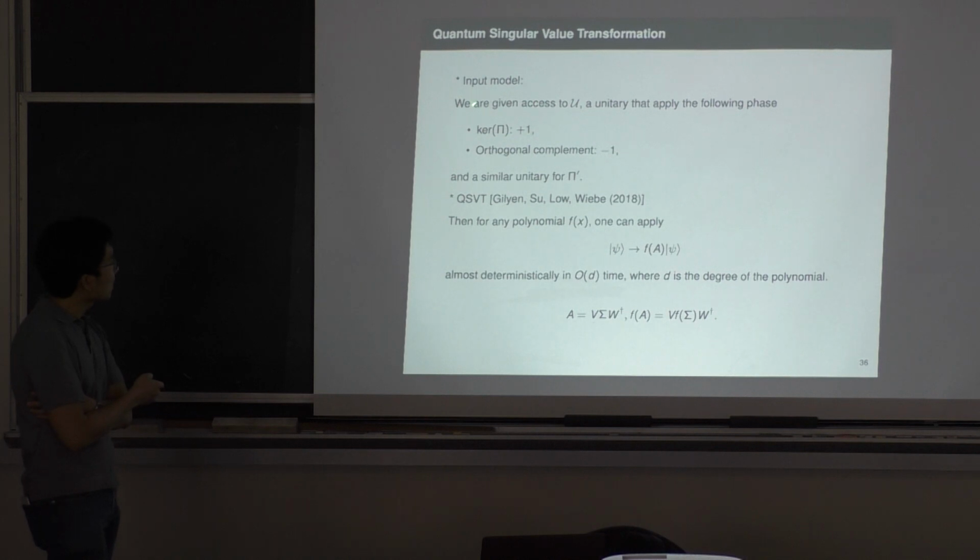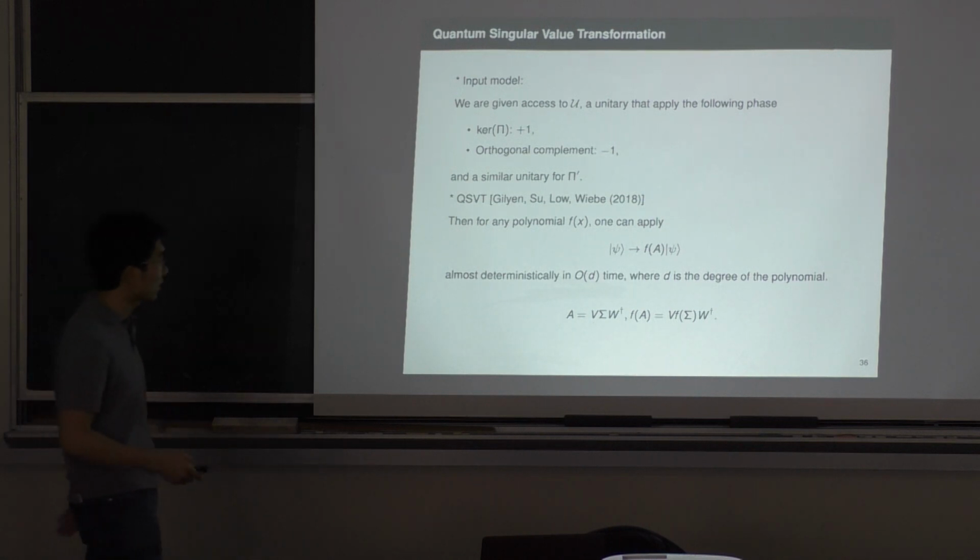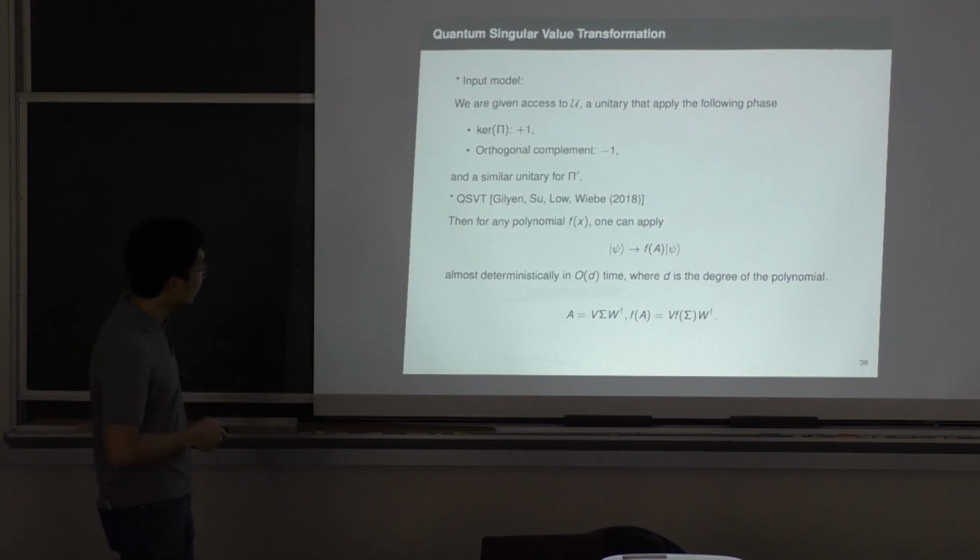So that's the model. So you have this unitary and a pi and pi prime, an ability to distinguish whether you prepare the state or you prepare a state that is orthogonal to that state. And once you have the ability, quite remarkably, for any polynomial, you can apply this f of A,